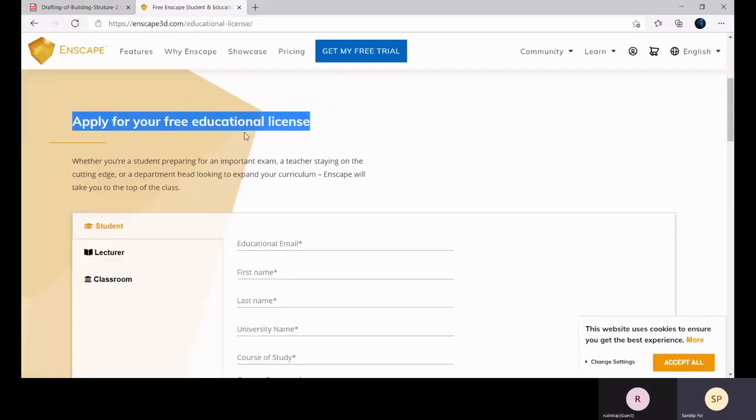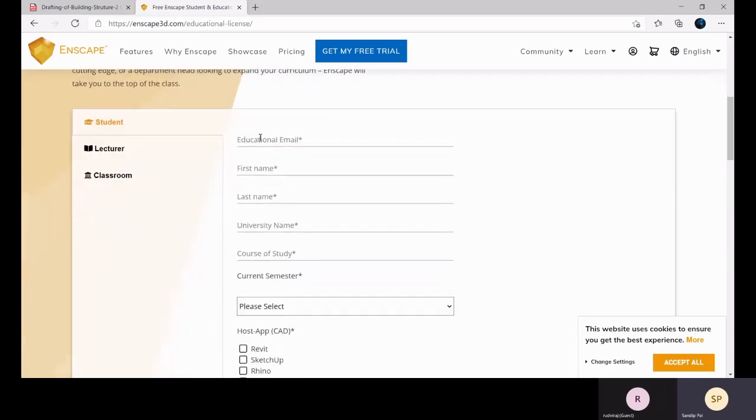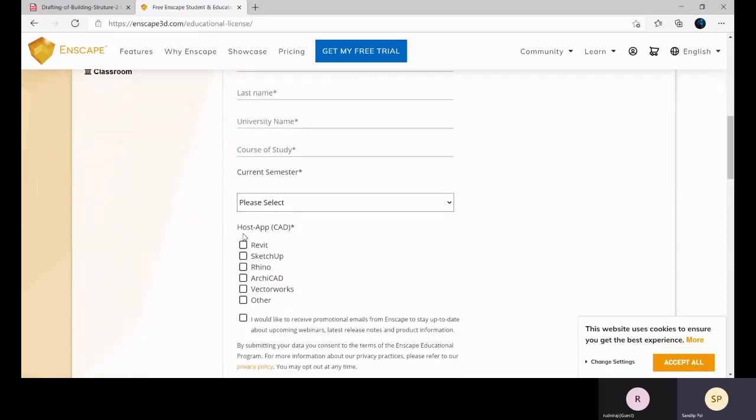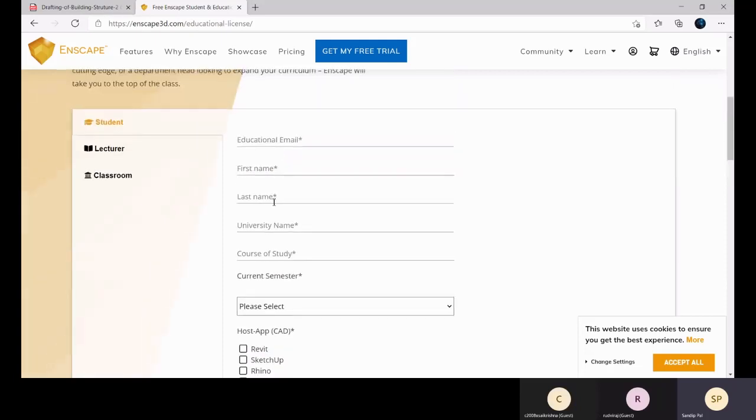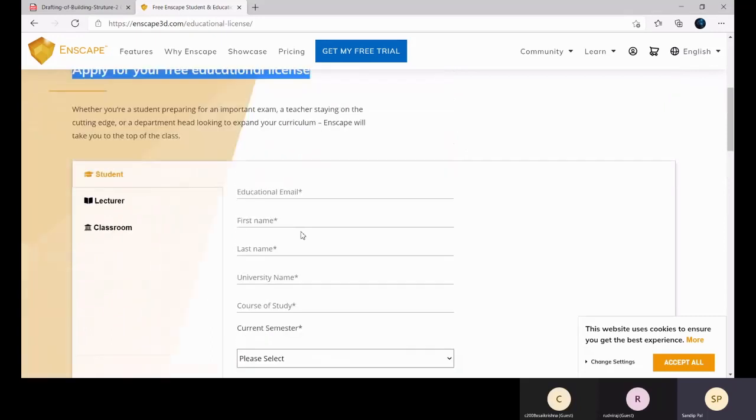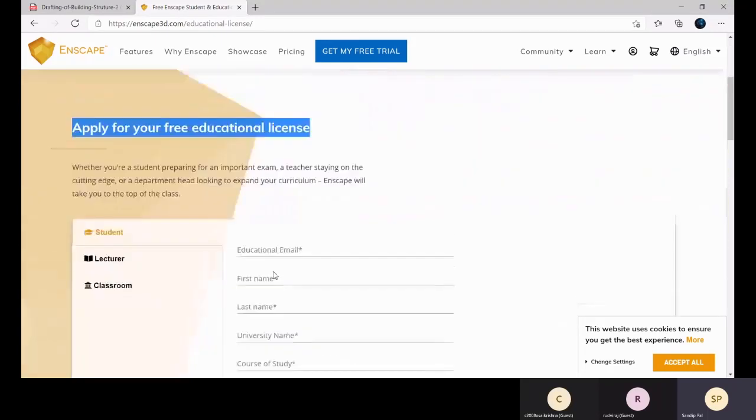You can apply for your free education license with all these details, including which one will be the host app. If you are applying for SketchUp, you can also select that, and you get it through email. Okay, this is the way you should go for it.